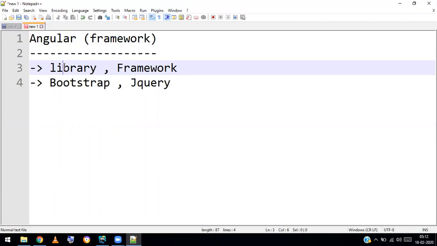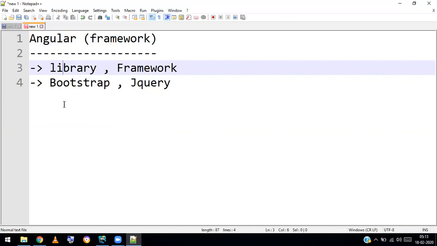And jQuery simplifies JavaScript DOM manipulation, with a little bit of plugins, but this will not give you the complete idea of how to develop a complete application. So these two come under libraries, which focus on only one thing in the entire application development, and they have done it perfectly well. Next, let's talk about the framework.